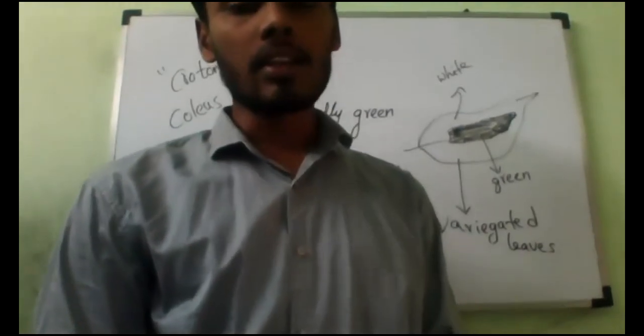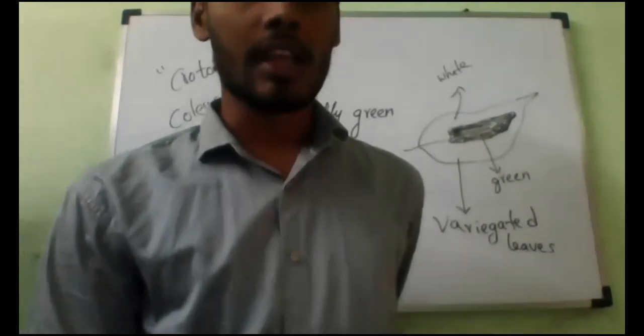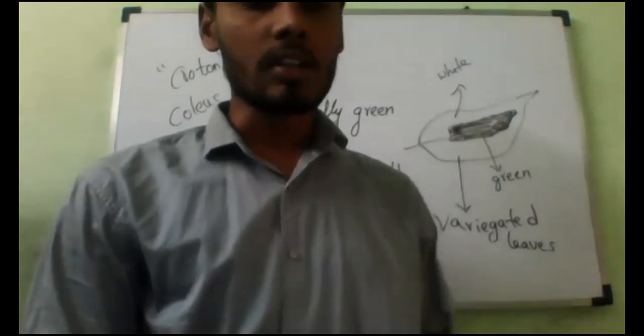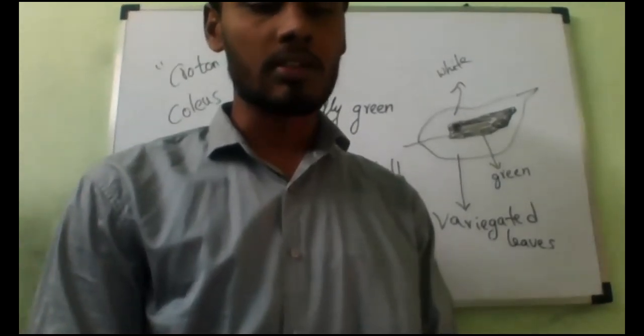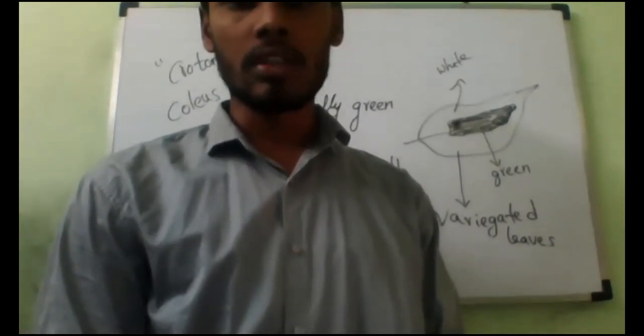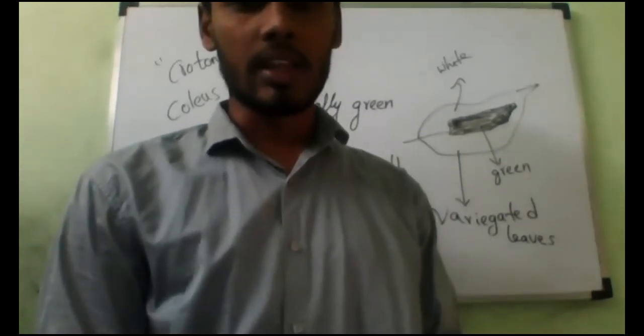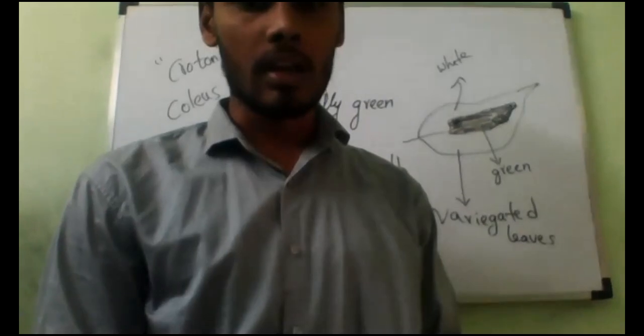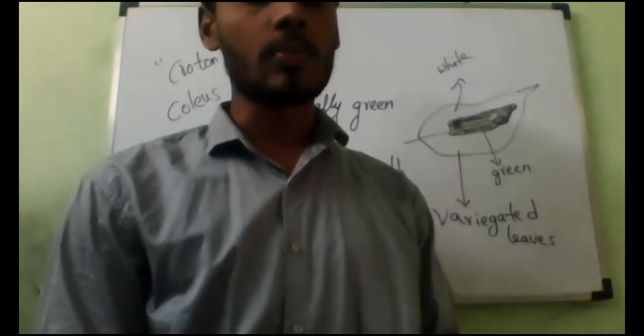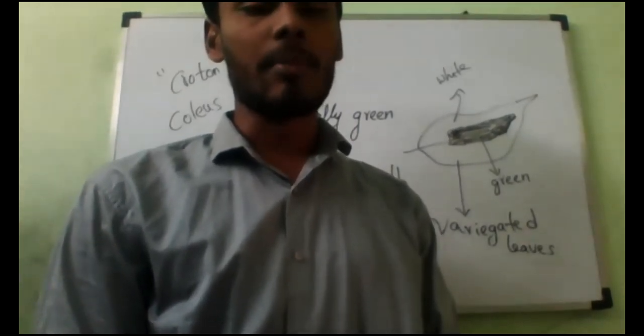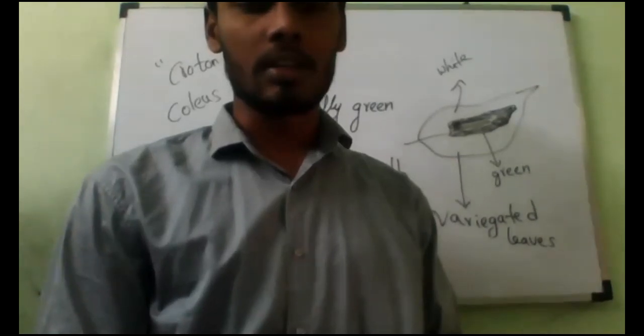I think you have seen in our school also we have this kind of variety of plants. If you have not seen them, just see the picture, and once you see the picture we will go for the experiment. I hope you have all seen these variegated plants. Have you seen or not? Yes, sir. If you go to shops and marriage functions, they keep them.